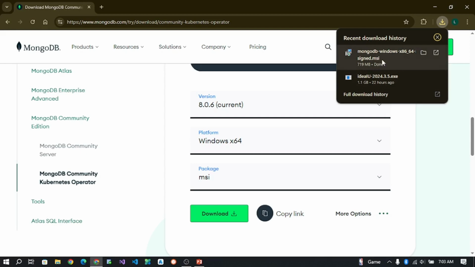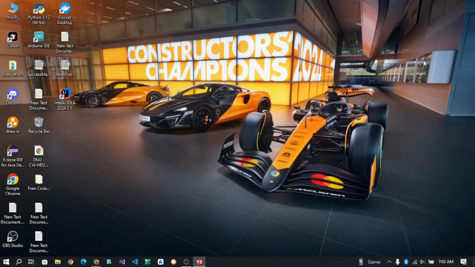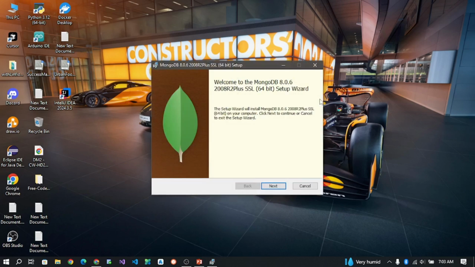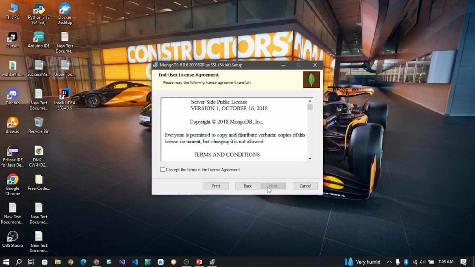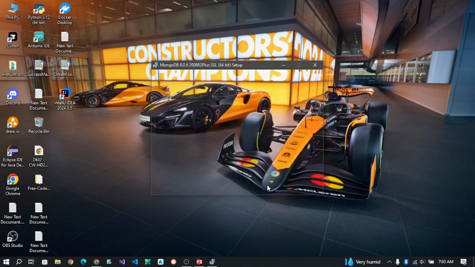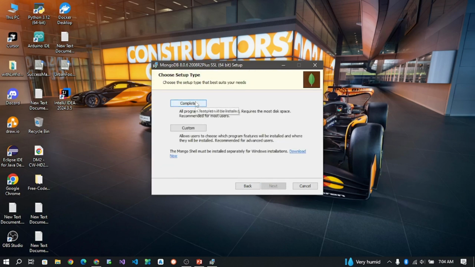And there we go, it's downloaded. Double click on it and start the setup. And there we go, the Windows install has started. Click next, and after reading this you may click accept and then click next. Click complete,